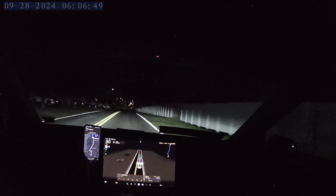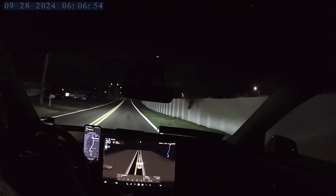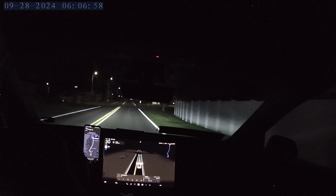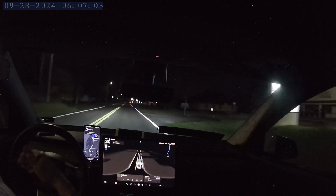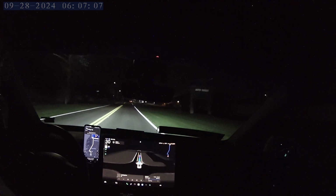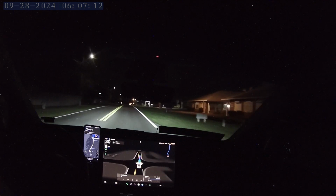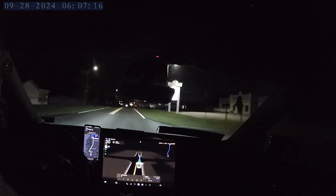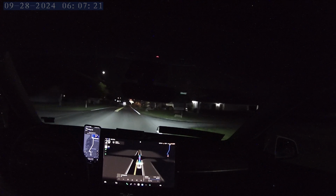What I didn't tell him, and I wish I had, was that you watch this car and how careful it is. If it sees a pedestrian, it absolutely stops and waits for them to get out of the way. If it sees a car, it'll stop and let that car get out of the way before it continues on. And ultimately, it's way safer than the idiot drivers that drive through your parking lot every day. Because they're speeding through the parking lot, they don't obey the stop signs, and they,